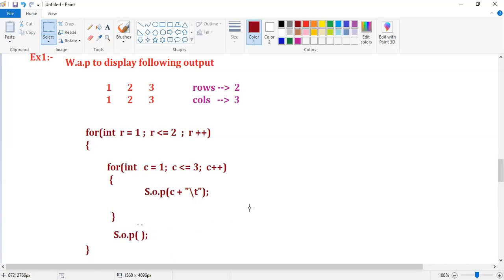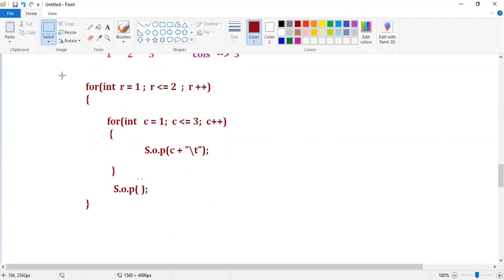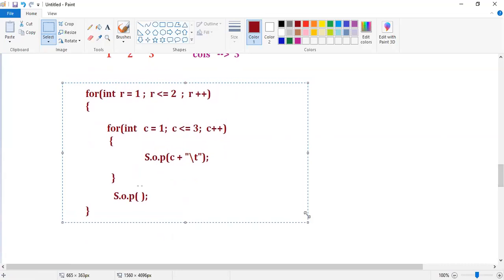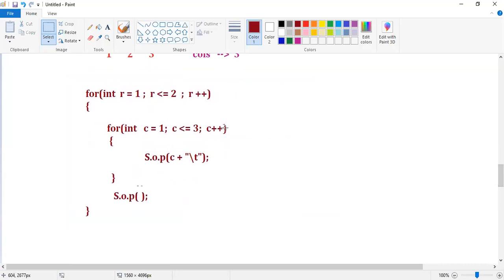Everyone write the flow and check the output. What output are we getting? Take 2 minutes in your book. Based on how I explained the previous flow, apply it on this logic and check what output we are getting.